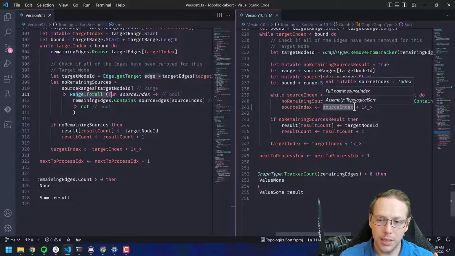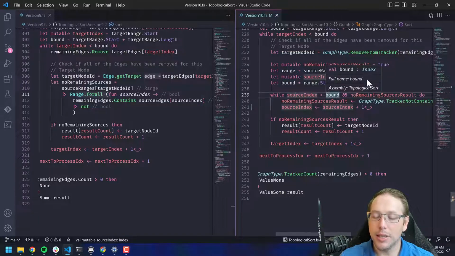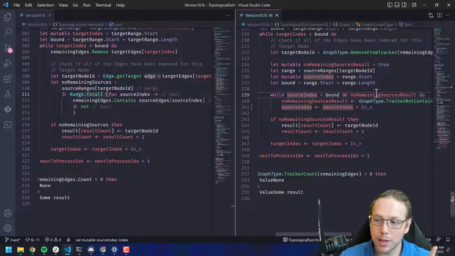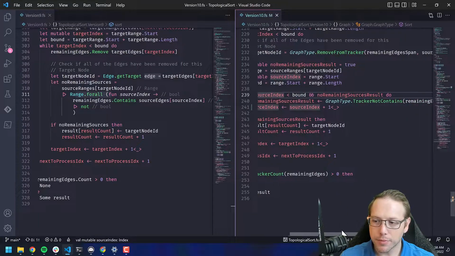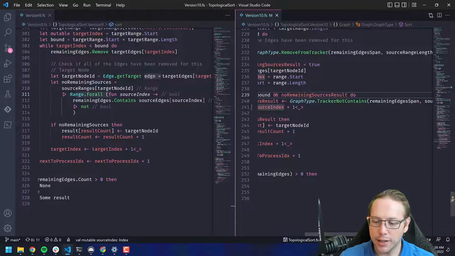Instead, what Denis does is saying like, hey, I'm going to create this variable, which is no remaining sources result, and it's going to default to true. I'm going to get the range that I'm going to loop through. I have the source index, which is the start of the range, and then I have the bound of the range. And then I'm going to have this while loop. And while source index is less than bound and no remaining sources result is still true, I'm going to continue looping through here. And so what it does is it goes through and it evaluates, hey, graph type dot tracker not contains. It's doing this check, and this means